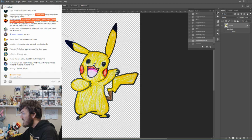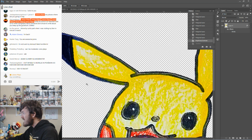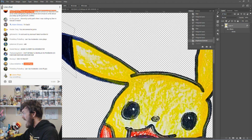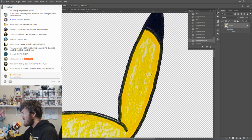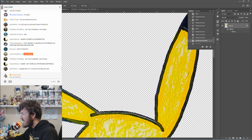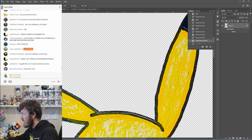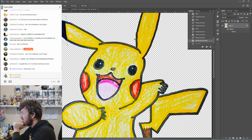What I want to do is zoom in and just make sure that it really doesn't look too unnatural. What I'm noticing is that I could probably take all of this black and make it a little bit darker, but I don't necessarily want to do that. It'll change the design significantly, but I'm just trying to make sure that this black right here isn't so much darker than this black right here, but I also want to make sure that you can't even really notice it. So I'm going to go back and forth here and try and see if I can sort this out in my head. Do I want to make that change to make the ear blacker, even though the lines aren't necessarily